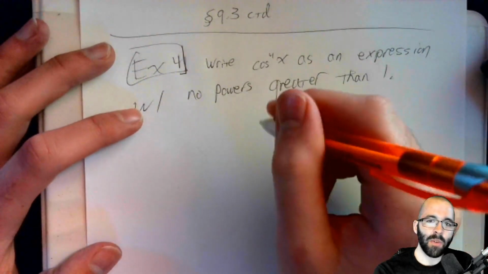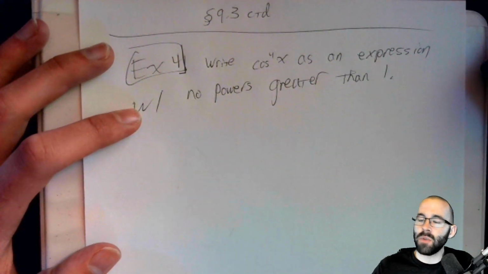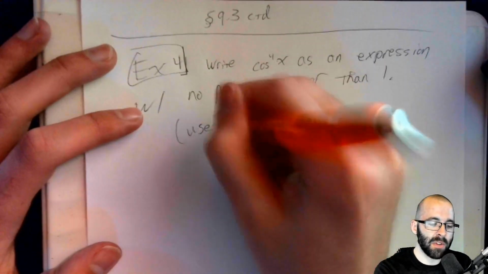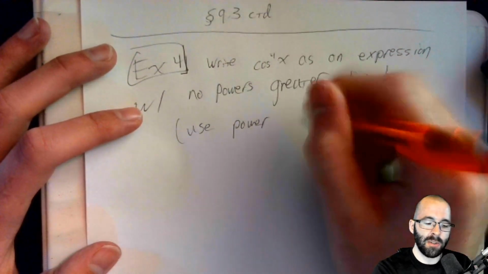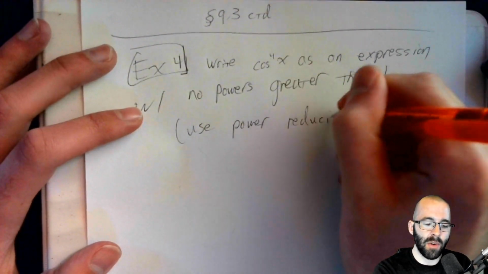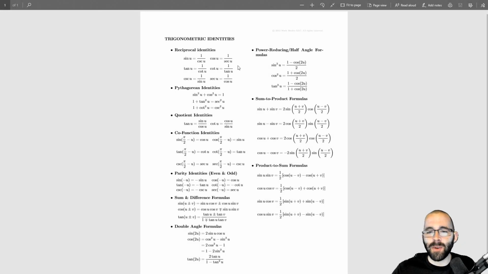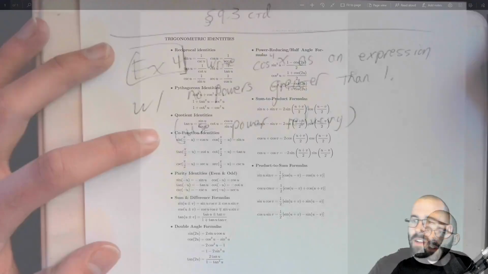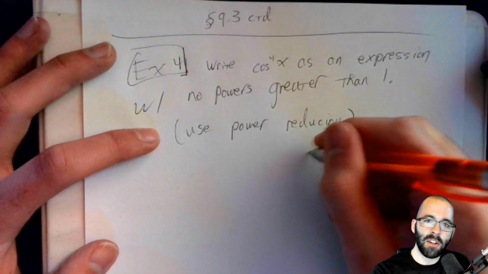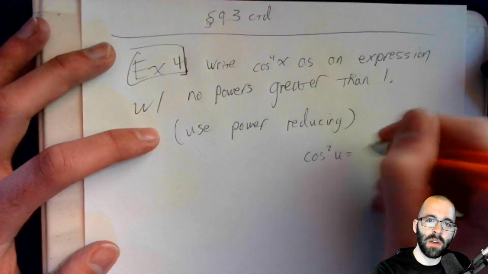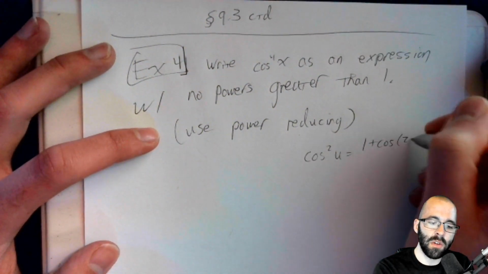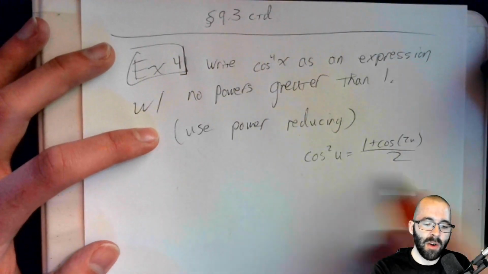So again, we need to use the power reducing. This is what we need. We need to reduce the power, so using a power reducing formula makes the most sense. So we consult over here. We did examples 1 through 3 yesterday. We consult over here and say we need to reduce the power of cosine, so we're going to use this formula up here. So let's write that down off to the side, right? Cosine squared of u equals 1 plus cosine of 2u divided by 2. This is the power reducing formula,